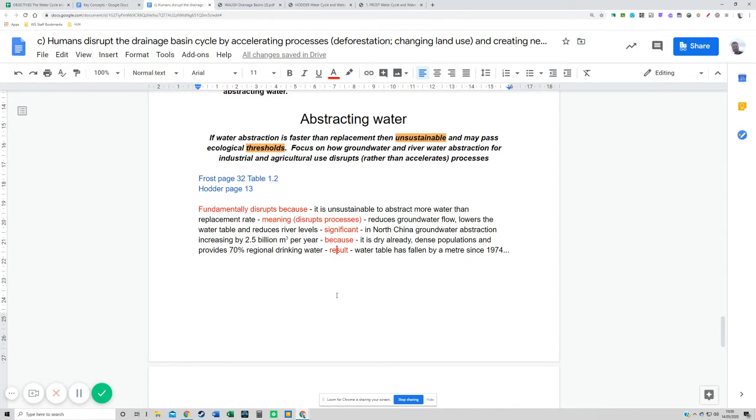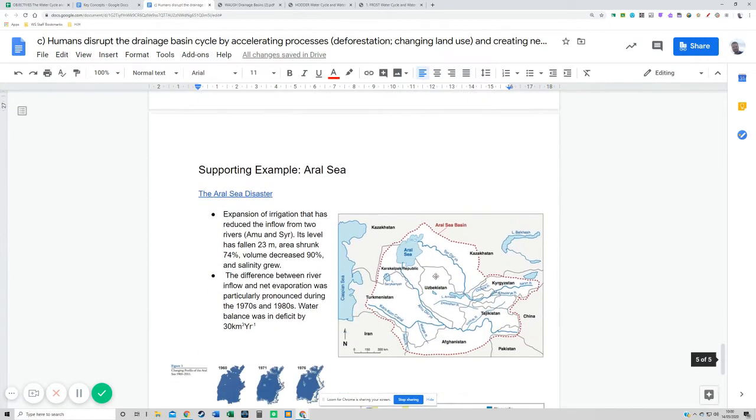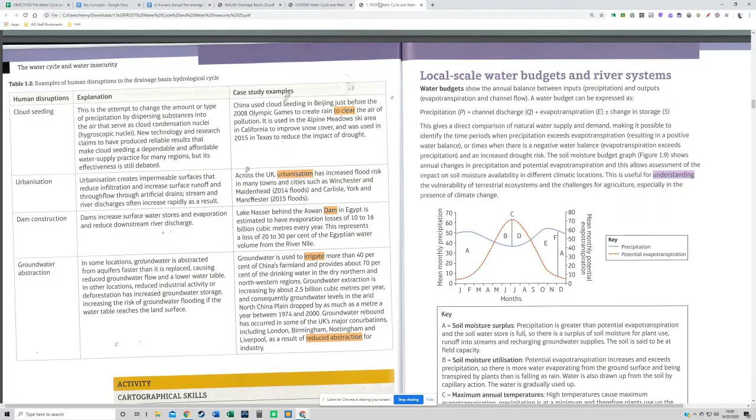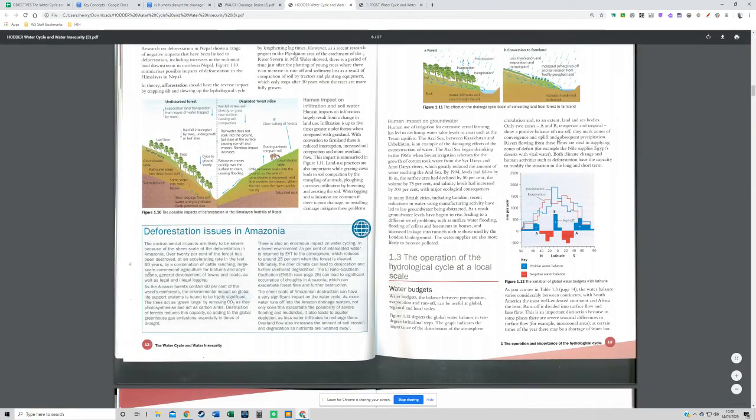Now, you could then also look at other examples. I would probably take river examples or other abstraction from rivers as well, and groundwater. And the Aral Sea is a brilliant example of this. Now, the Hodder textbook, in this section here, I can't draw on this, but this section talks about the Aral Sea